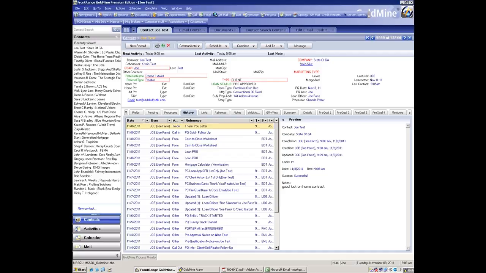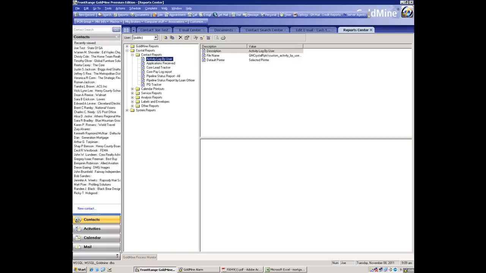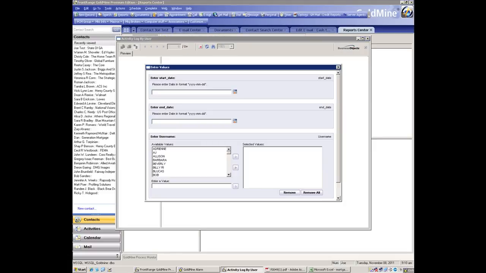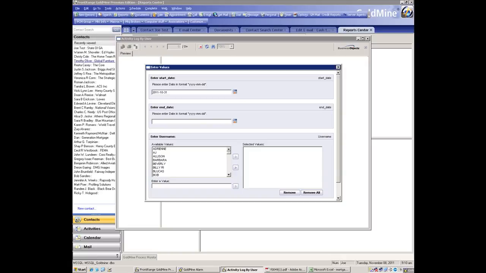So, for example, we created a report up here in reports. If I click on reports and I'm in Crystal Reports, Contact Reports, we did something called the activity log by user. So if I double click on this, I'm just going to pick out, for example, what I did last week. So if I take, let's just say October 31st through,